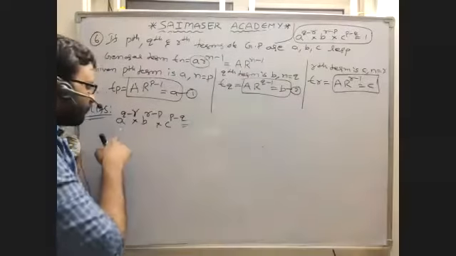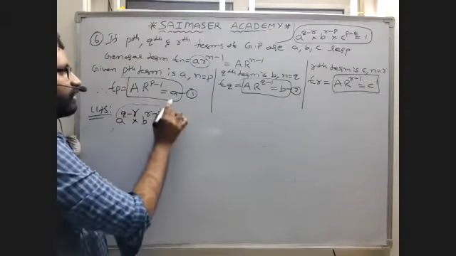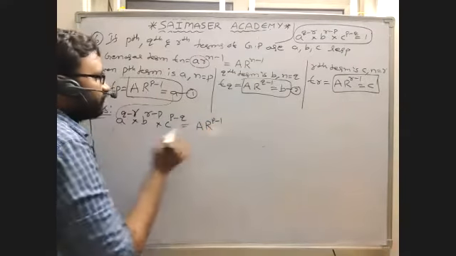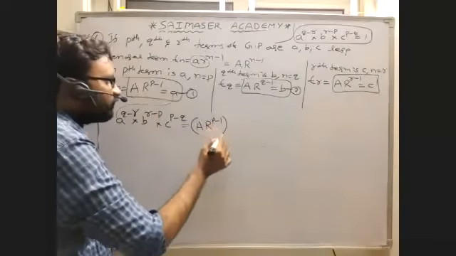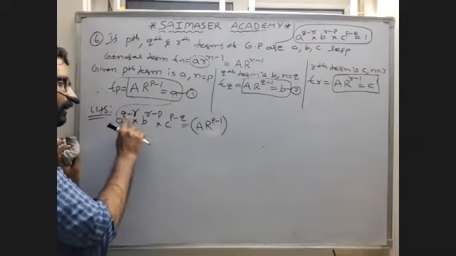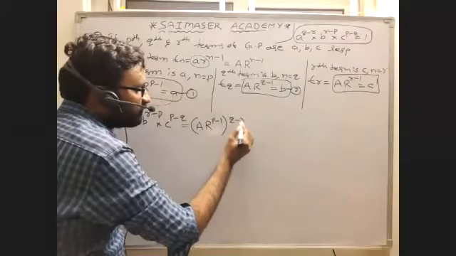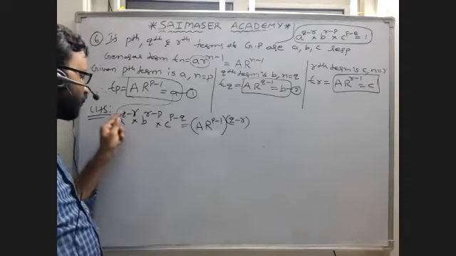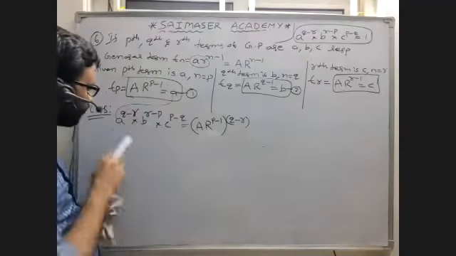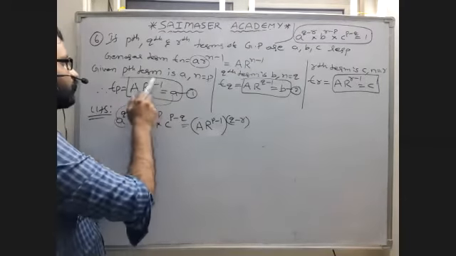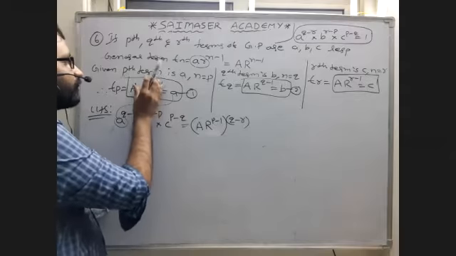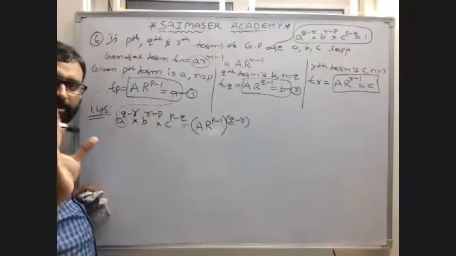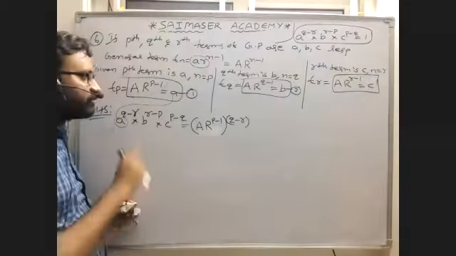So this is equal to a. What is the value of a? This is a: a r power (p minus 1). This is a, but the whole power is what? The whole power is (q minus r). Understand what I am doing here? a power (q minus r) is given in the question, but we have this a value. This total is the a value. I am writing it in place of a, and the power as it is. I am not changing the power. I have no right to change the power.